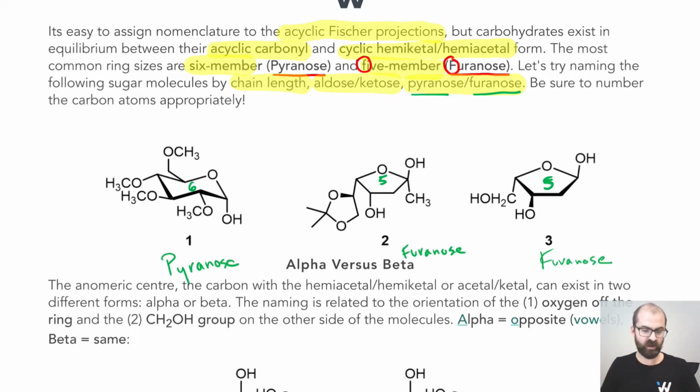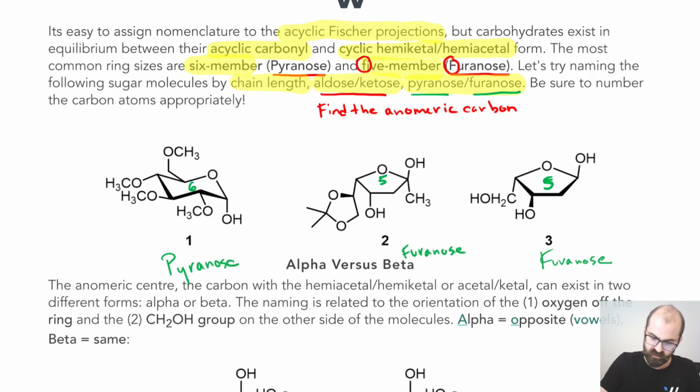Easy so far. Okay, so here's where it gets a little bit trickier. Now we want to identify whether it's an aldose or a ketose. So for aldose and ketose, and I'll try and do this in red, the important thing is to find the anomeric carbon. And we're going to talk a little bit more about anomeric carbons in a second, but the anomeric carbon is going to be the